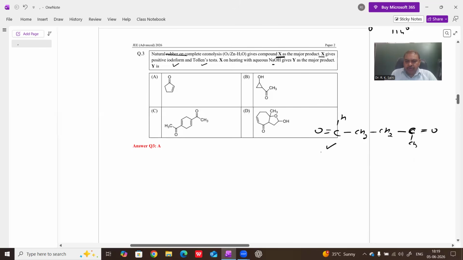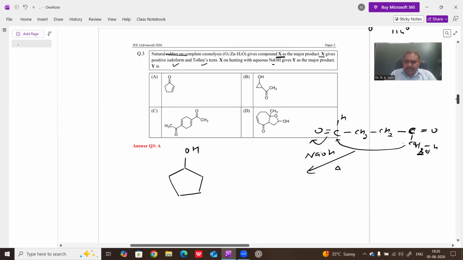On heating in alkaline medium, an aldol condensation reaction takes place. It is an intramolecular cross aldol, in which the aldehyde group acts as the substrate and the alpha carbon of the ketonic group gives the nucleophile. Therefore, it is the nucleophile. After removal of H, this carbon attacks this point, and H is removed from this. Therefore, we obtain a 5-membered cyclic